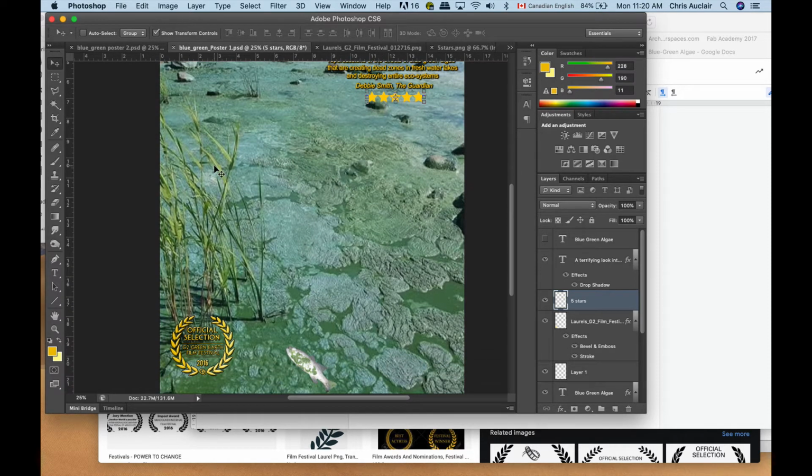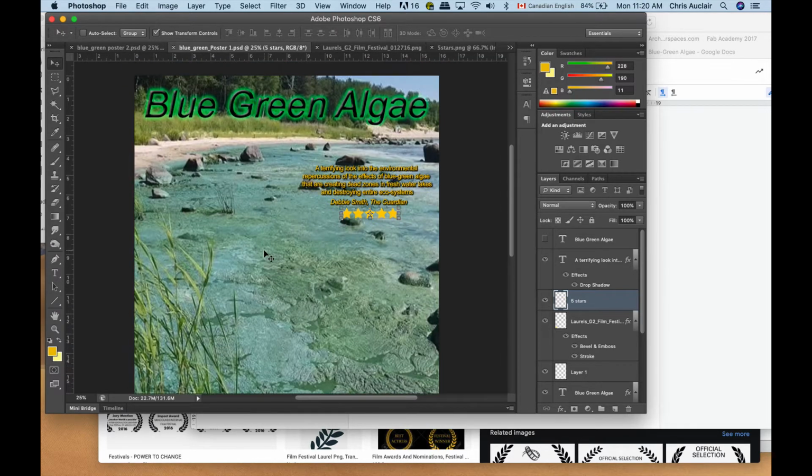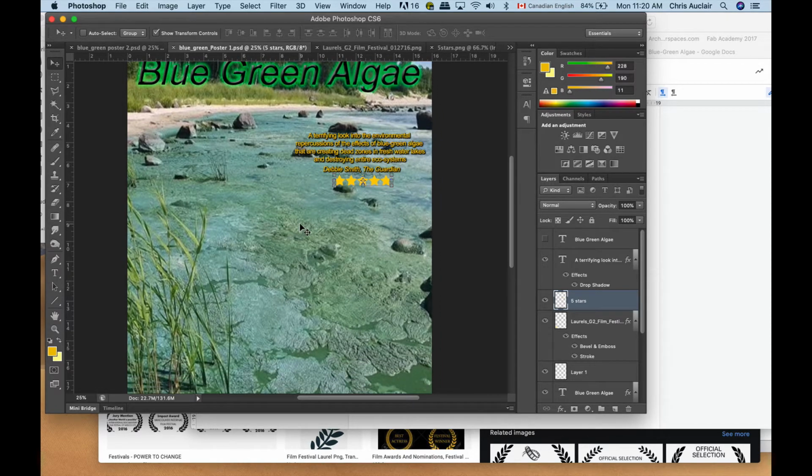This was a blue-green algae image I Google searched and a fish that I Google searched, and I kind of combined those two, so I did a little bit of photoshopping in there. Now, before I started creating this, and this is really only a fraction of the way through,